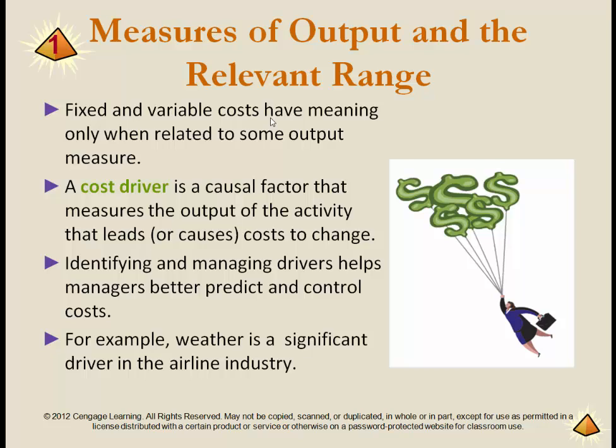The relevant range is curvilinear on the tails, but in the middle is generally linear. What that means is typically it's going to be 20 to 80% of capacity. It's going to be the relevant range. In other words, if you're way at the low end, less than 20%, or way at the high end, 80% or more, your costs are going to go up. Well, there's a cost driver that impacts that, and what you want to do is try to manage those cost drivers, which might be a unit of output. It could be plenty of other things as well